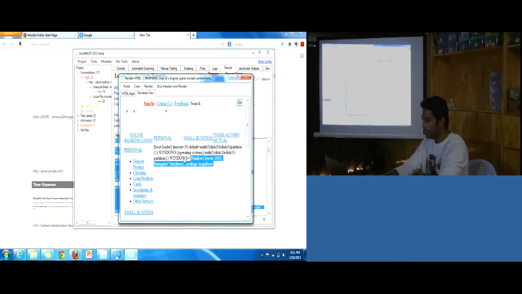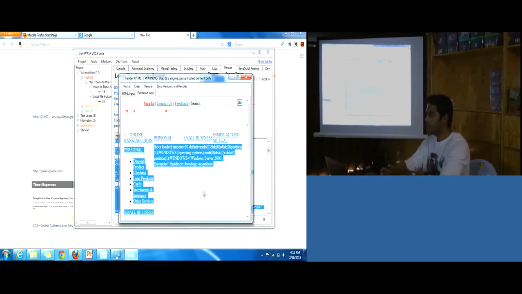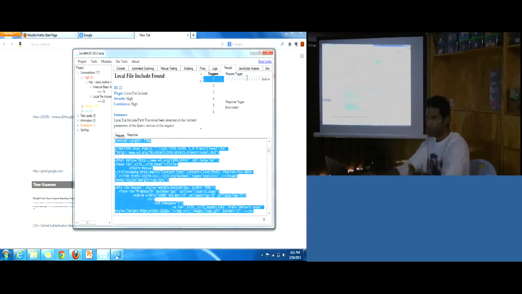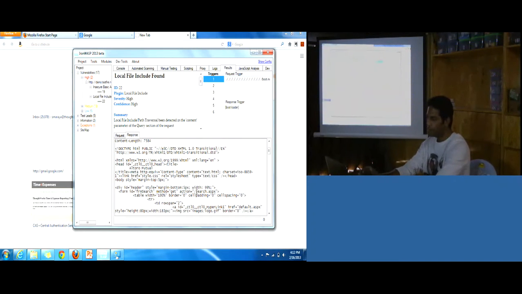So you can see the contents of the boot.ini file of your Windows machine. It's possible to get the boot.ini file of the server, right? So this is a vulnerability. This way anybody can access any file which is located on the server. This vulnerability was detected automatically using the tool. So this is something you can do against your web application to identify vulnerabilities.